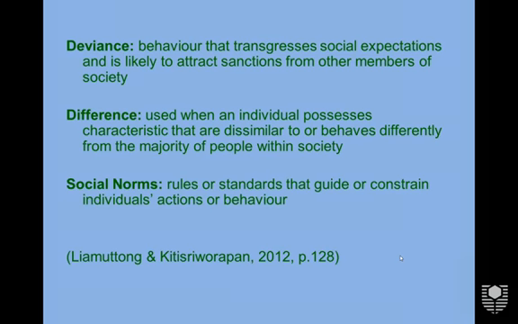Now what we need to mention is social norms as being rules or standards that guide or constrain individuals' actions and behavior. Social norms are a mechanism of social control. It's a way to reinforce these behaviors and try to get rid of those behaviors. And there's pressure on people to conform to those norms. If you don't conform, people can feel threatened or excluded, marginalized, judged, discriminated against, coerced. So this is a mechanism of social control.